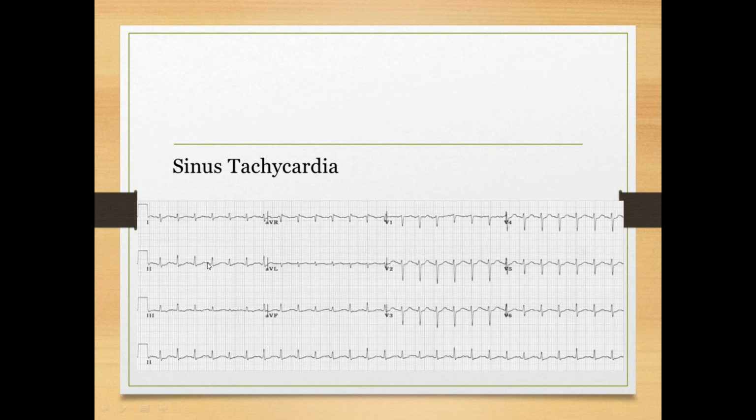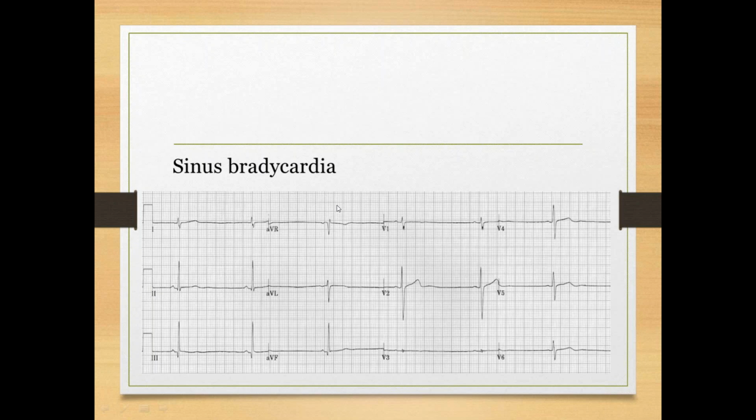Again, look always for P waves in lead V1 and lead 2. You can see the P waves here, followed by QRS, and then T. Again, you can make out the P waves. P waves are seen. The sinus tachycardia. You can calculate the heart rate between the two RR, small squares or large squares.